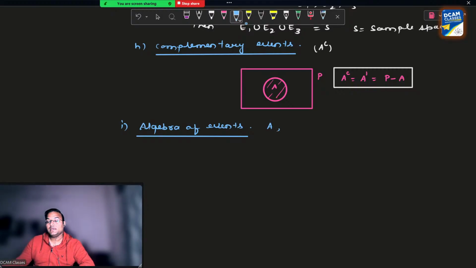If A, B are two events and I say A or B, it means A union B. Union you already know because I have taught you the set theory. A and B will be